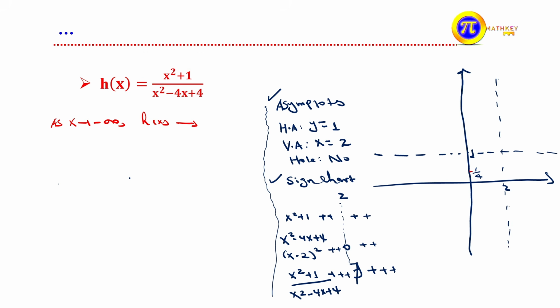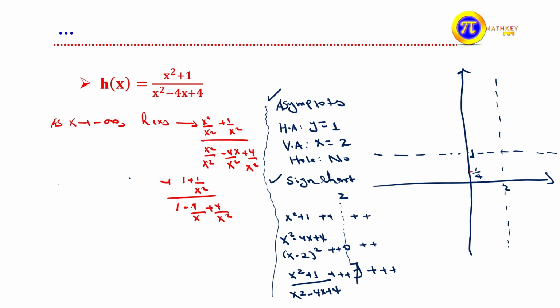Approach to this x squared plus 1 over x squared minus 4x plus 4 ስለሆነ that means we can divide both numerator and denominator by x squared እናካፍላለን። This is x squared plus 1 over x squared divided by x squared minus 4x over x squared plus 4 over x squared ይሆናል ማለት as x goes to negative infinity directly ማከፈል አንችልም so this shows that this is equal to 1 plus 1 over x squared over 1 minus 4 over x plus 4 over x squared ይሆናል